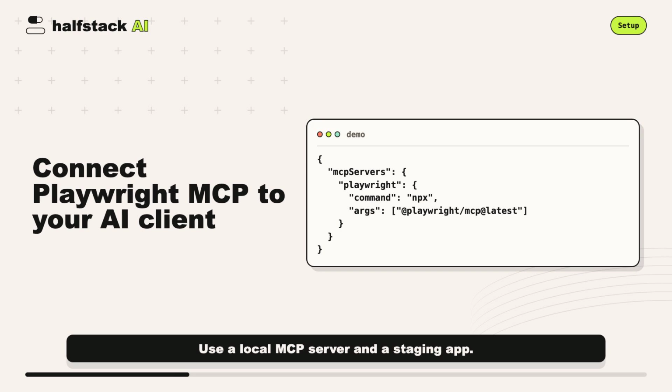The setup pattern is straightforward. You configure your AI client to start the Playwright MCP server. That client might be VS Code, Cursor, Claude Desktop, or another MCP-capable environment. The exact config location depends on the client, but the idea is the same. Define an MCP server named Playwright, point it at the Playwright MCP package, and let the client expose browser tools